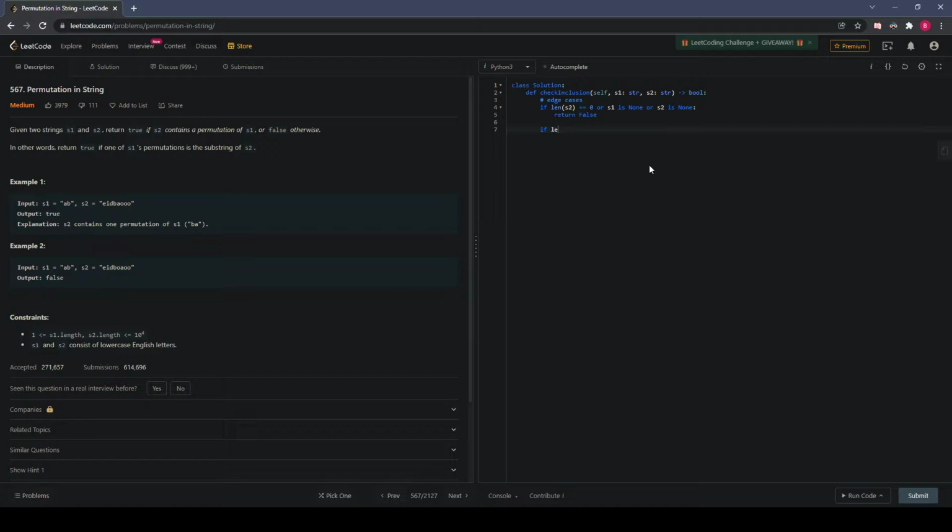So basically, if length of S1 is equal to 0, we're going to return true. Because I would say if you have an empty string here, you could theoretically find a permutation of an empty string within a string that's here. And then now we're going to